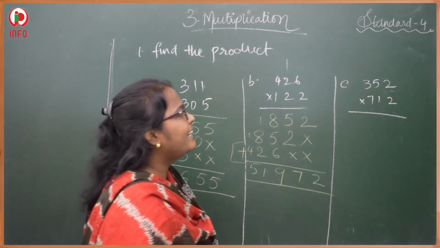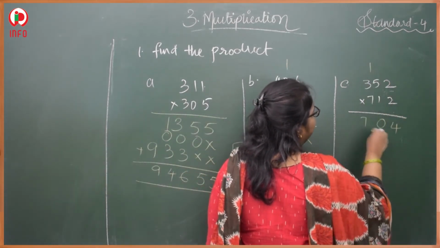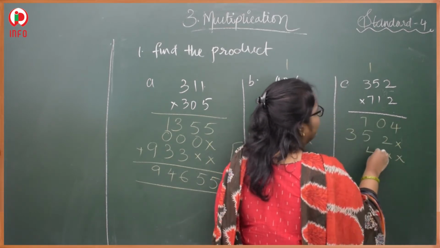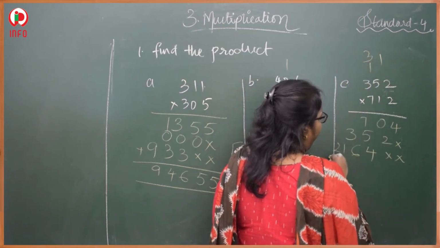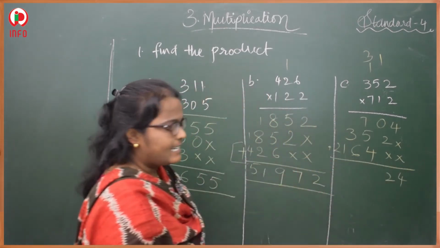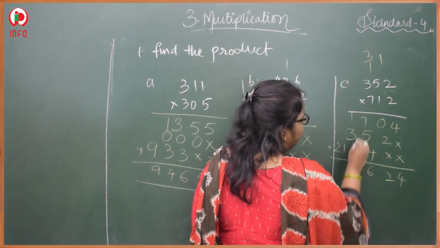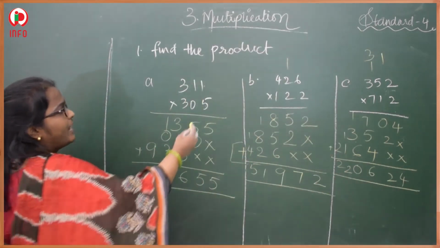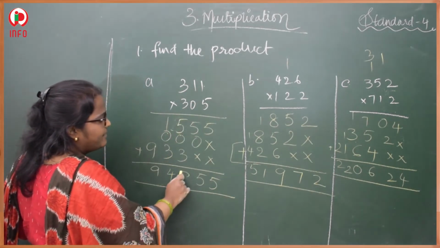Next, 2 table again. 2 2s are 4, 2 5s are 10, 2 3s are 6, 7. 1 5 is 5, 1 3 is 3. The 14, 7 5s are 35, 36, 7 3s are 21. 4, 2, 9, 10, 11, 12, 13, 14, 15, 16. 6, 7, 8, 9, 10. Yeah. Here it is 5 ones are 5, we'll explain. 5 3s are 15, guys.